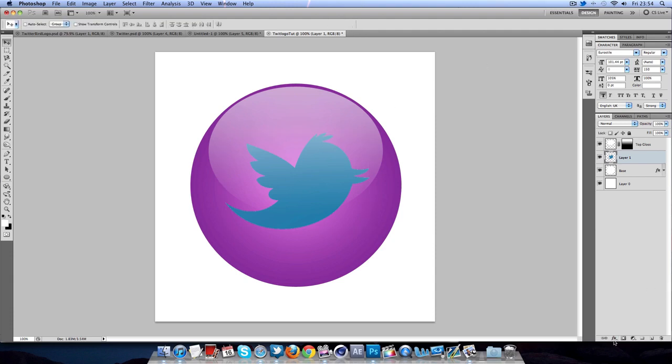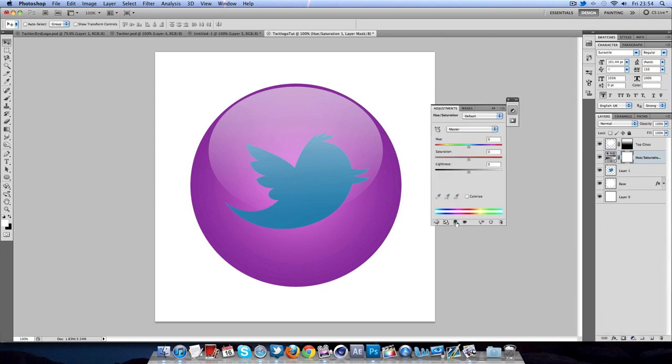Okay, so sorry about that again, and we'll go ahead and add a hue and saturation to this layer. Make sure you click this black and white circles here, so that means it'll affect just the layer below and not all of them, which in this case is the Twitter logo. So we're just going to lower the lightness, not all the way down, to something reasonably low, and change the saturation to a kind of purpley colour. You still want to keep it quite tasteful. Apologies. So maybe like a nice purpley colour like so,